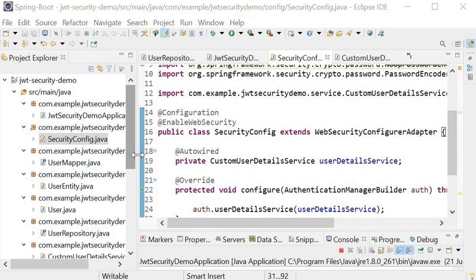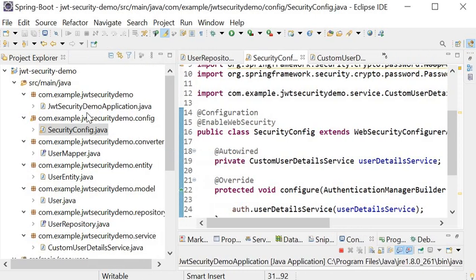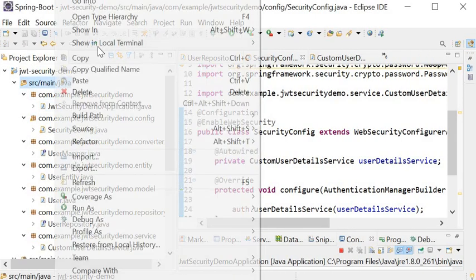I will go to my controller and create one REST endpoint and test it.